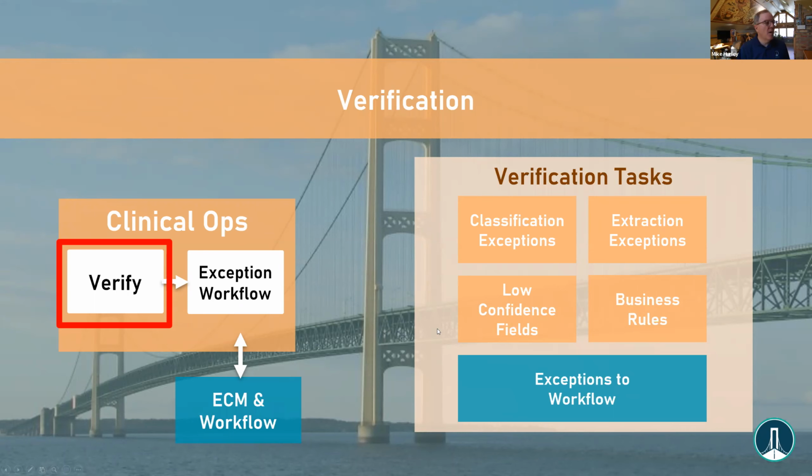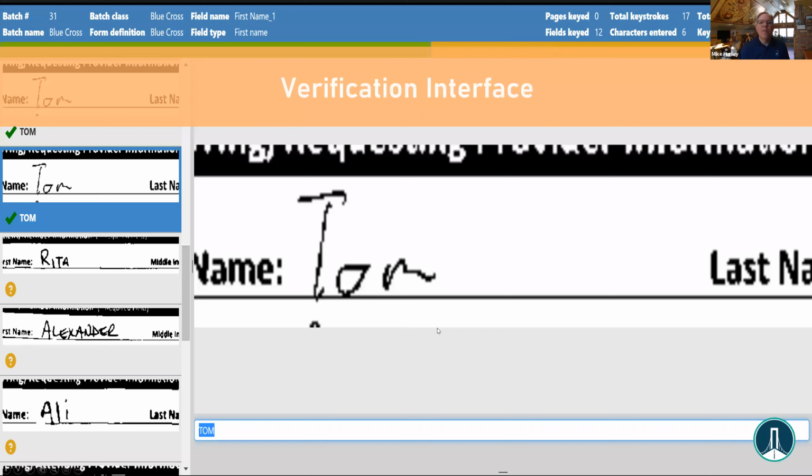So let's talk about what verification looks like. The difference with verification today, if you're doing prior auth manually or on paper or image, is that many people are just keying all this information. The idea is we want to jump through that keying and just have people verify any characters that are not correct. So this is that interface.